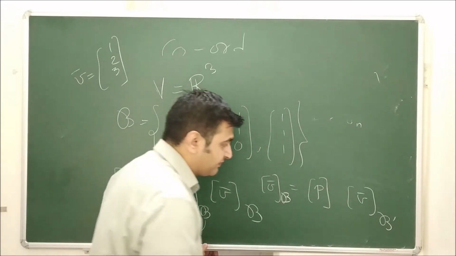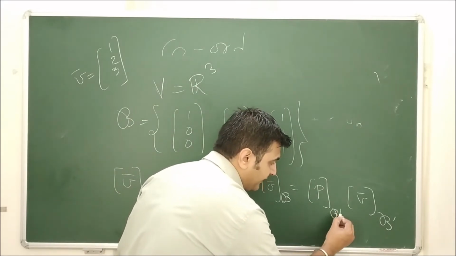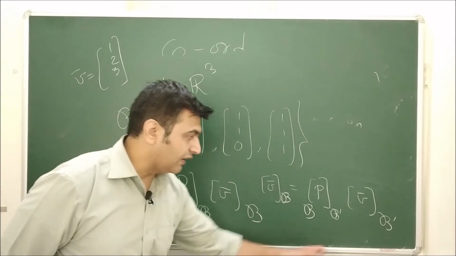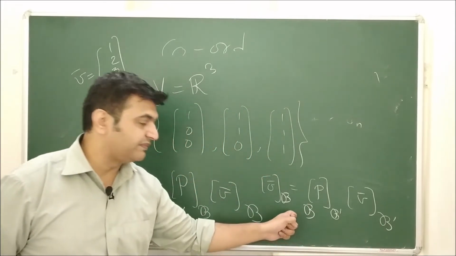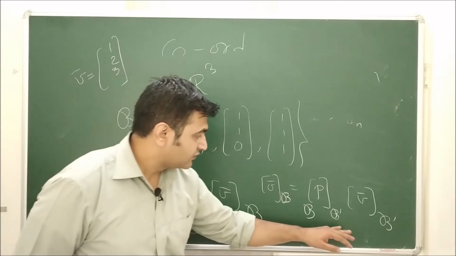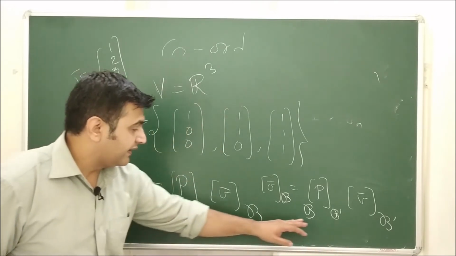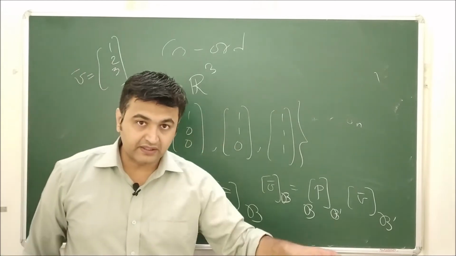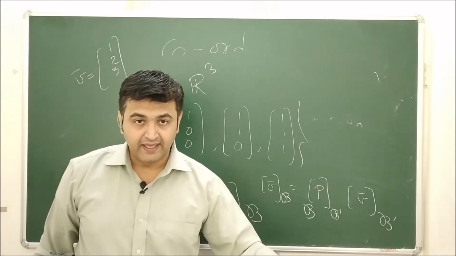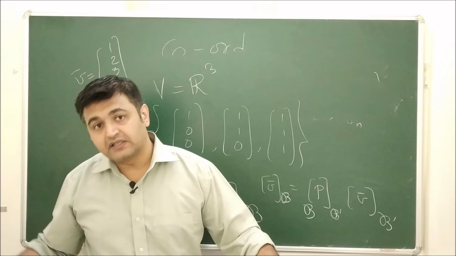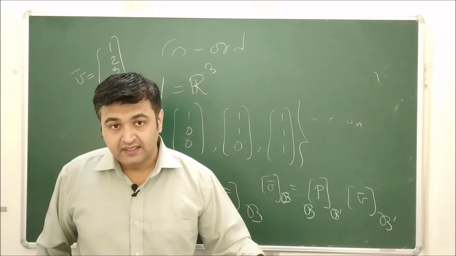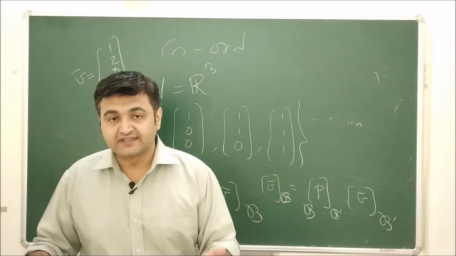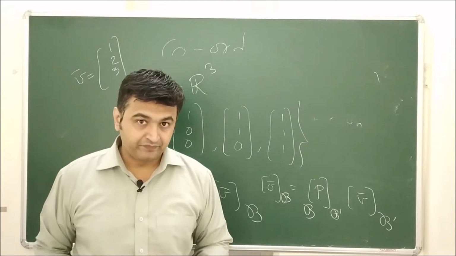You find the change of basis matrix from B prime to B, because you have it for B prime and you have to go towards B. Okay, so that's the notation you see, and that's why you need the change of basis matrix. If you know the coordinate vector with respect to one basis, and you want to find the coordinate vector with respect to another basis, then this change of basis matrix will always help you.